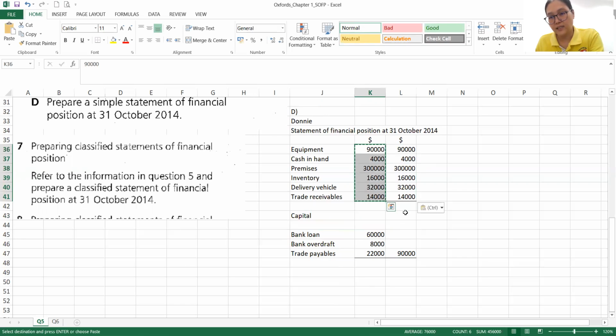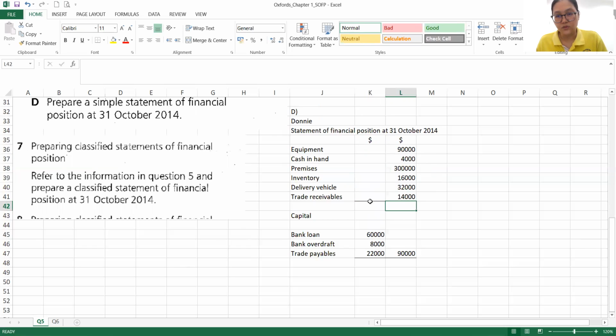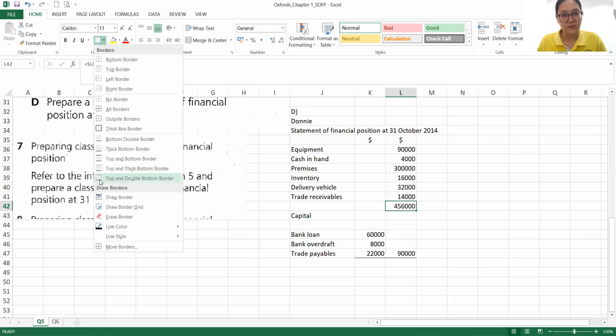So take note that in the exam, if you are required to show the detail, the first column always is the detail of the information that you want to put in. Second column is the subtotal. But because this one is a simple statement of financial position, I need to summarize the total in the second column. So the subtotal in here, I get the total, which is